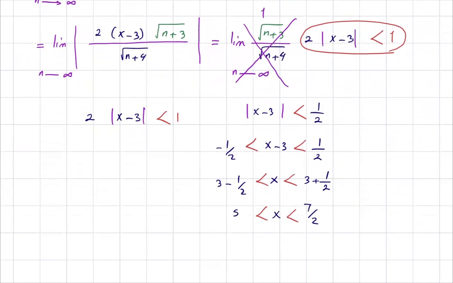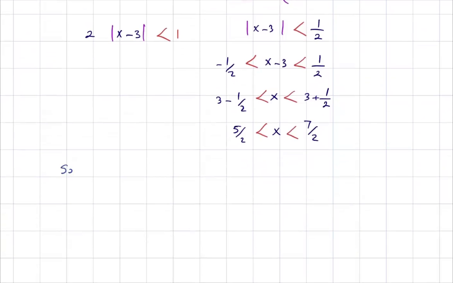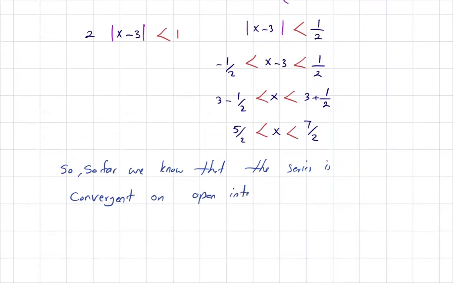7/2 and 5/2. But the question is, what about the boundaries? So far, we know that this series is convergent on the open interval 5/2 and 7/2, but